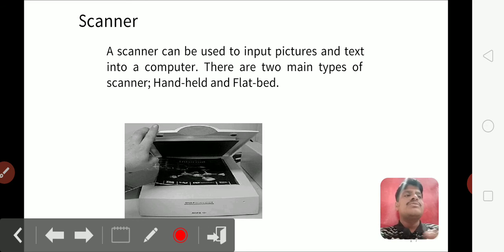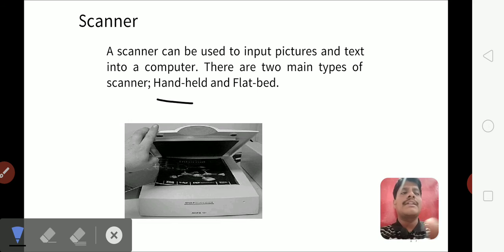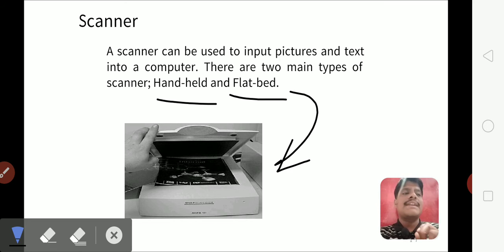There are two types of scanners: handheld scanner and flatbed scanner. Most of us know the flatbed scanners. It is attached to your CPU with a USB port, and by placing your images on the flatbed scanner, those images can be retrieved on your CPU and observed on your monitor.